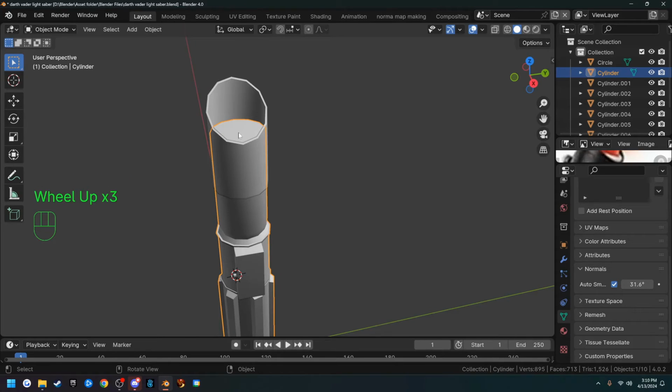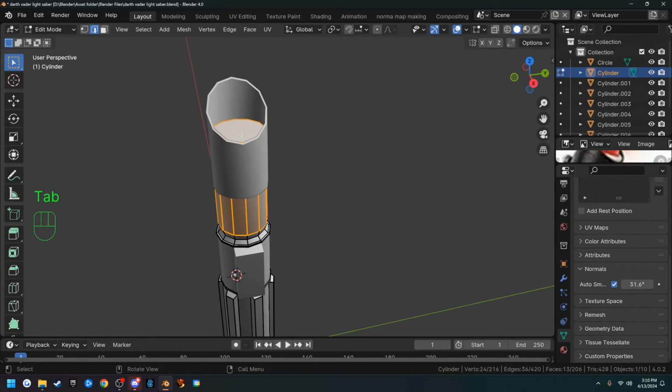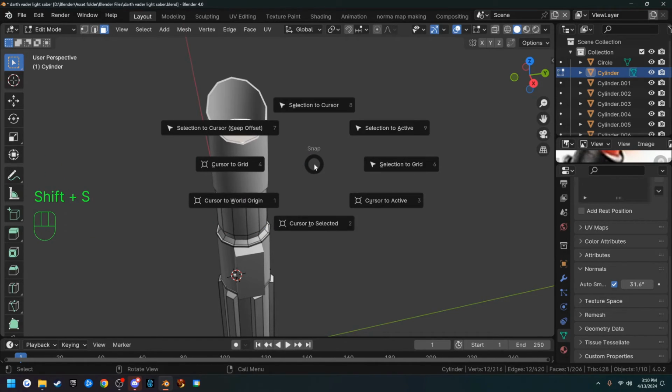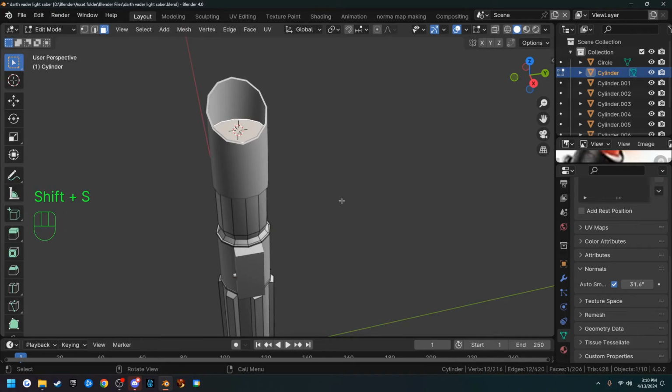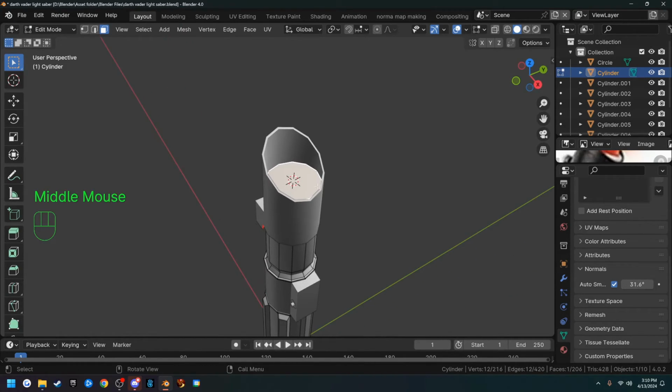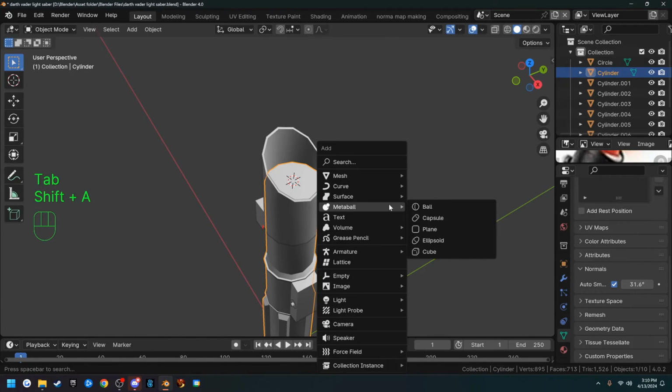So what I'm going to do is I'm going to select this middle part and hit tab, and I'm going to go into face select mode and select this top face and do a Shift S, and we're going to do cursor to selected. That way when I bring in my new cylinder, it's going to bring it in right here, which will put the point of origin in the center of it, which is what we need. So back in object mode, Shift A, mesh,